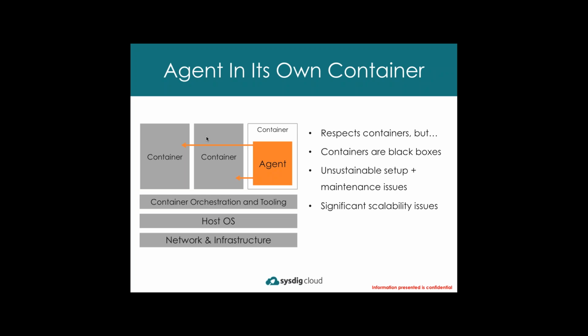It is possible to actually configure plugins to go from the agent into the container to instrument the applications in that container, but they're really not designed to work that way, so you're going to be needing to configure them to containers which are spinning up and down all the time, changing IP addresses, changing networks, and it ends up being very brittle. On top of that, you've got scalability issues where a traditional VM agent is not really designed to be handling hundreds or thousands of nodes of information with thousands of pieces of metadata flowing through it.